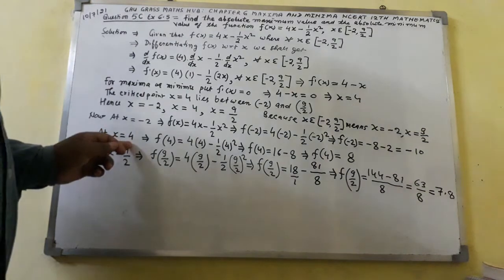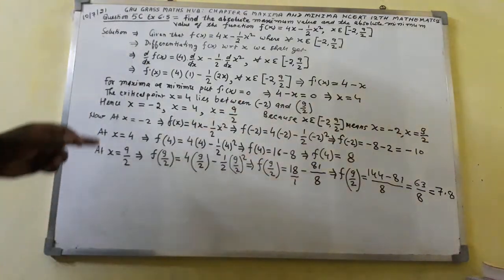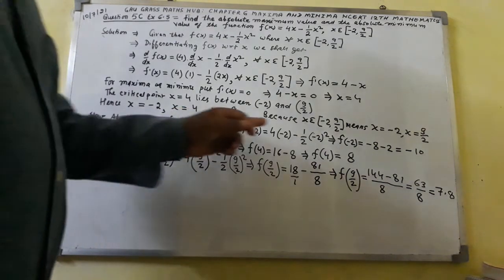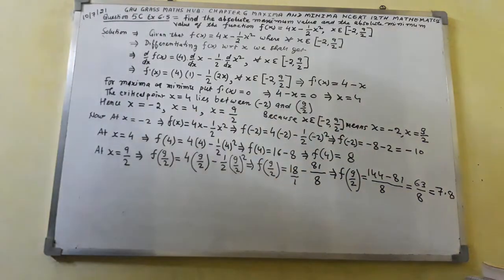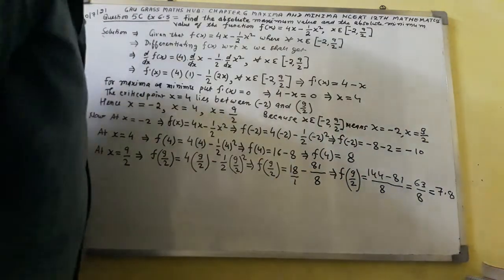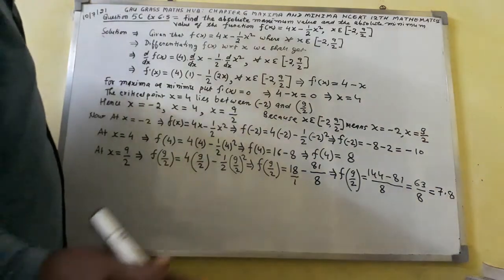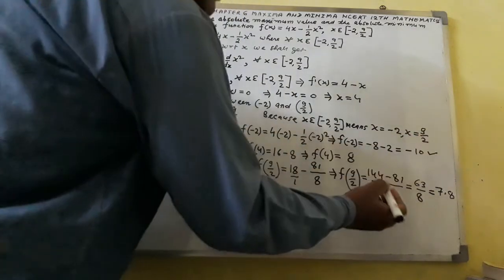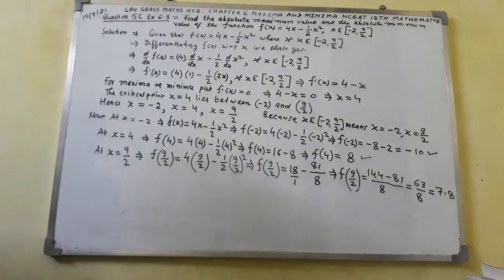When x equals 4, f of 4 we have got 8. When x equals minus 2, f of minus 2 we have got minus 10. So here you can see which one is minimum. The minimum value will be this one and maximum value will be this one. So here again I can write here,